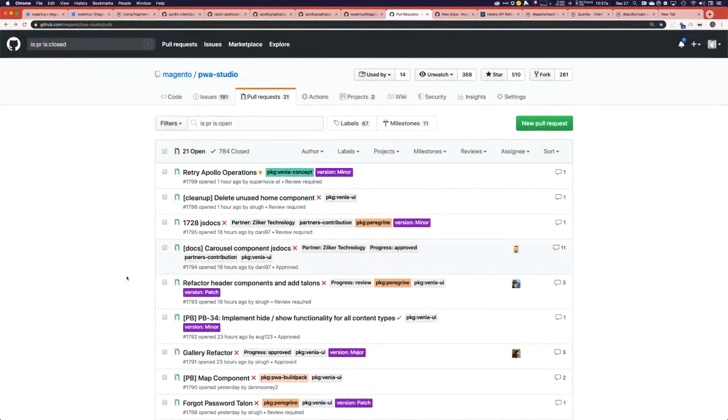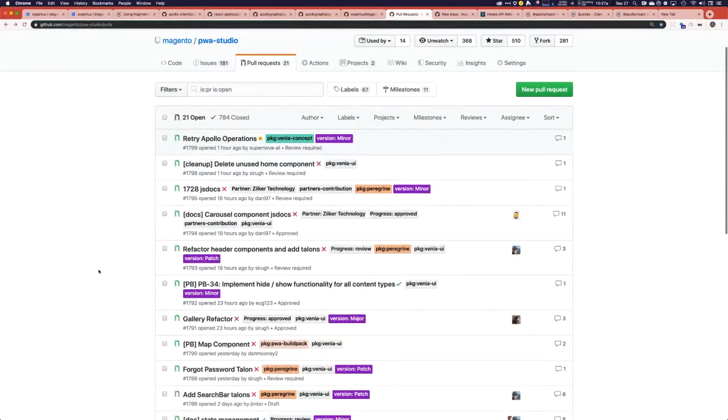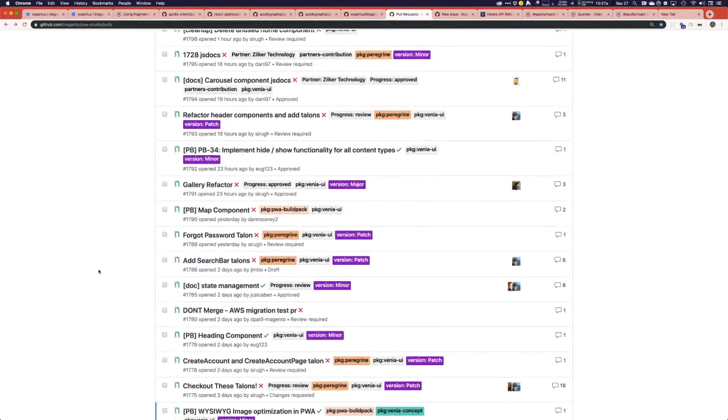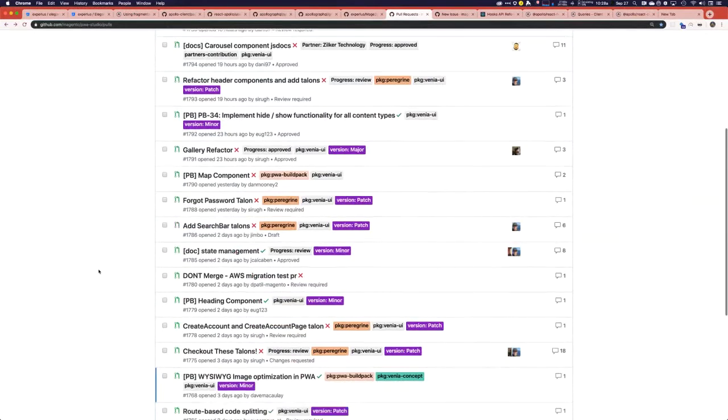The biggest thing that we found that I think we need to address is the issue of connecting the PWA Studio and Venia instance that you have to a local instance of Magento. And we worked really hard to make sure that you don't have to do that, so we can welcome people into the fold who don't necessarily know how or have an easy way of setting up a local instance of Magento that's all their own. So we let you connect it to cloud instances. However, that's sort of